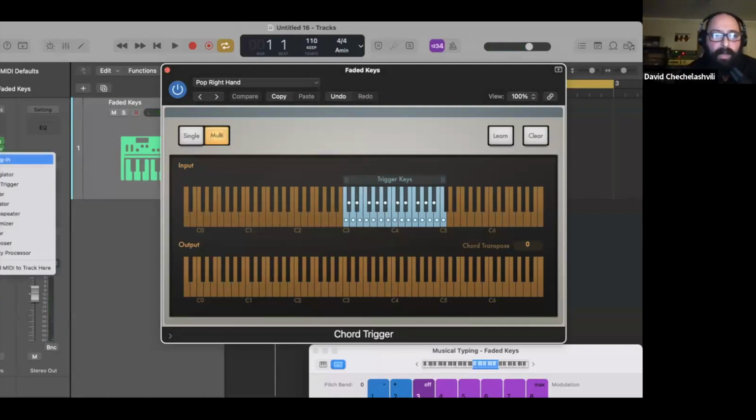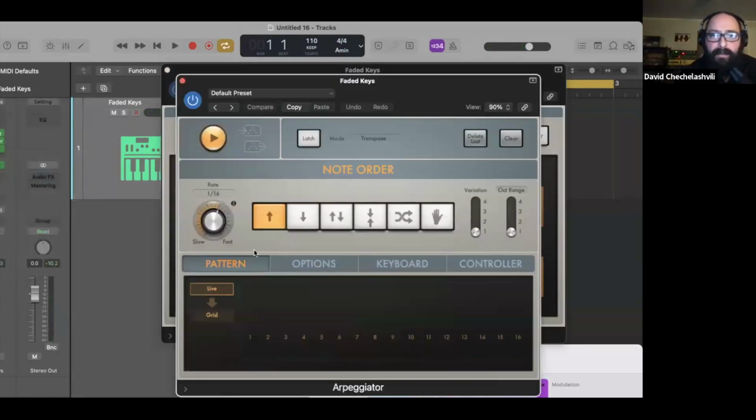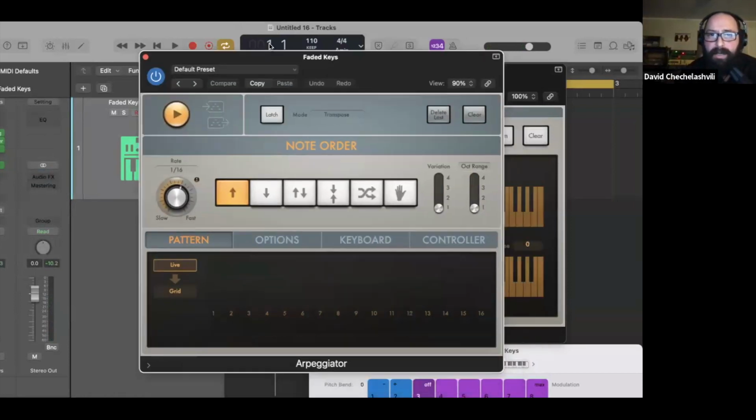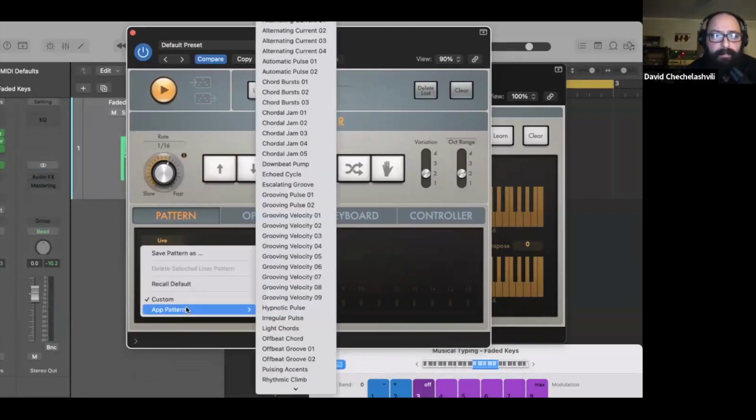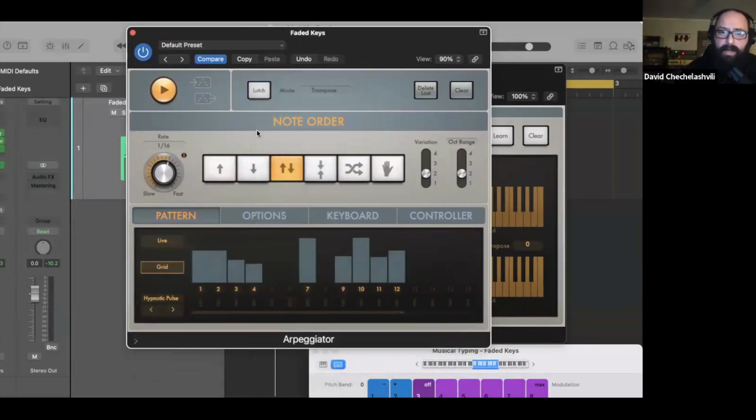Okay, cool. Well, what if we ganged this with an arpeggiator? What if I also put an arpeggiator on top of this? Logic's Arpeggiator is very powerful and very nice to use. I encourage you to check out how it works. I'm going to go into grid mode here and choose a pattern, maybe this one. And so now if I play a key,